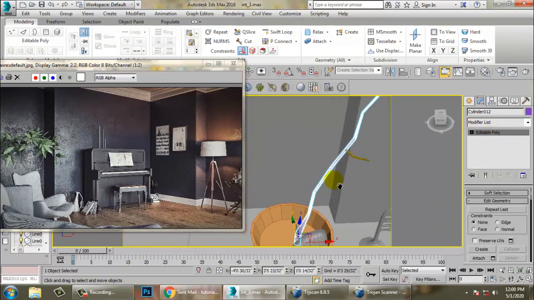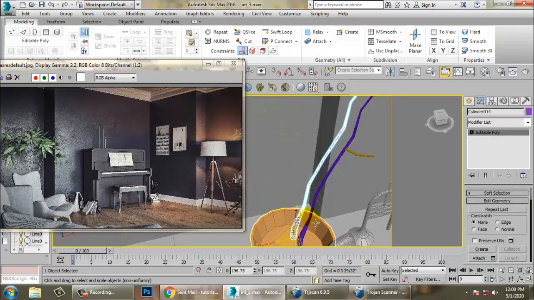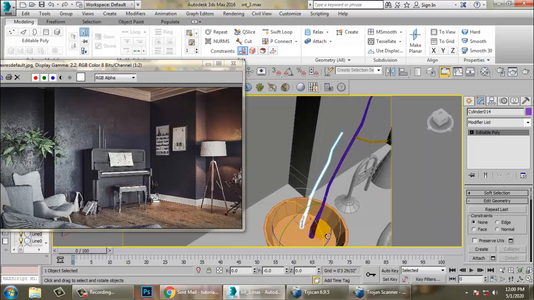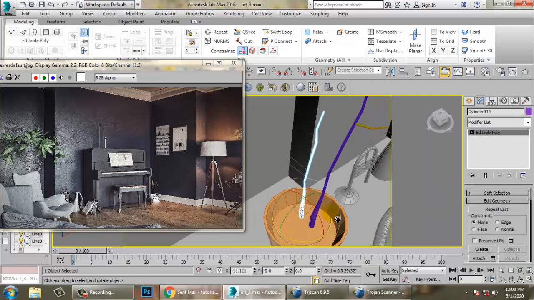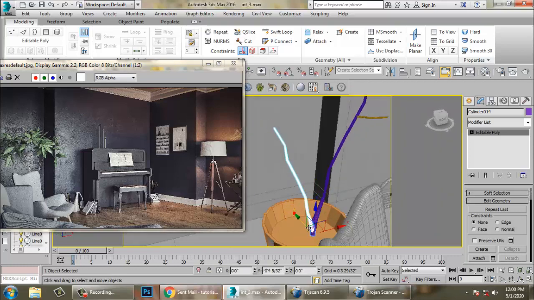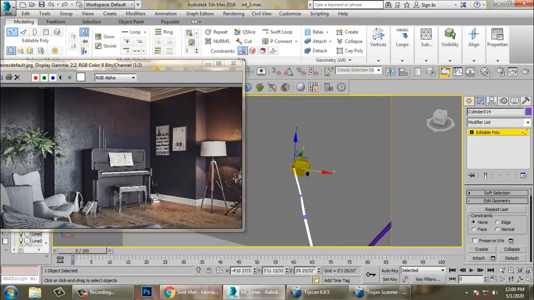Select this again, copy it, scale this stuff. Let's place it in such a way that it looks non-uniform.